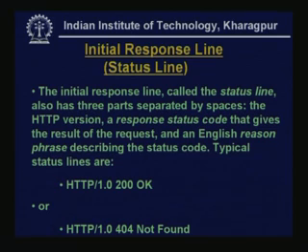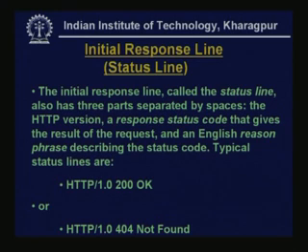The initial response line, or the status line. We have seen the initial request line, now we see the initial response line. The initial response line, called the status line, also has 3 parts separated by spaces: the HTTP version, a response status code that gives the result of the request, and an English reason phrase describing the status code. Typical status lines are